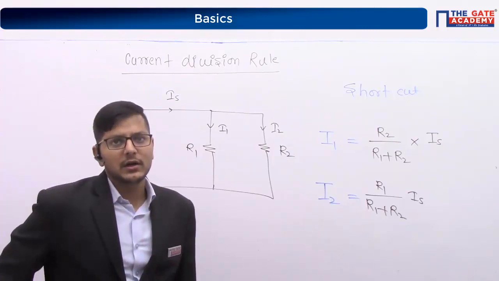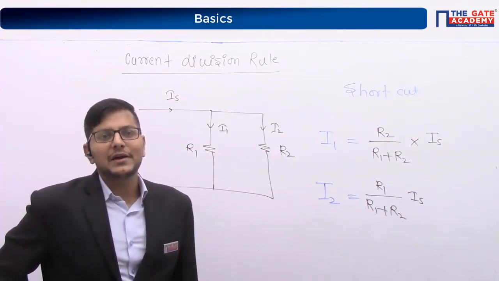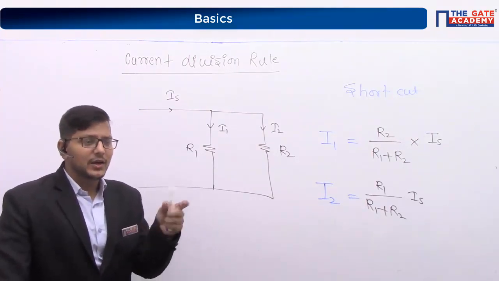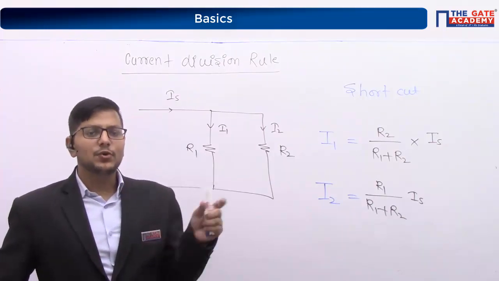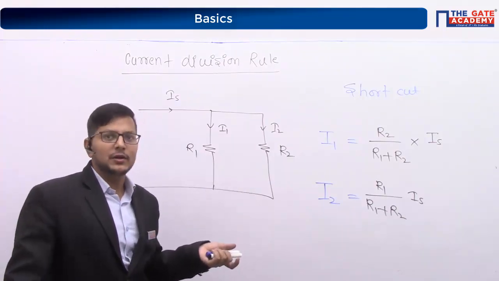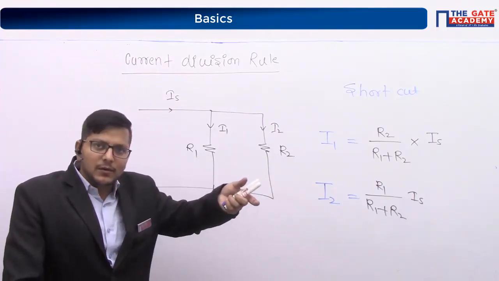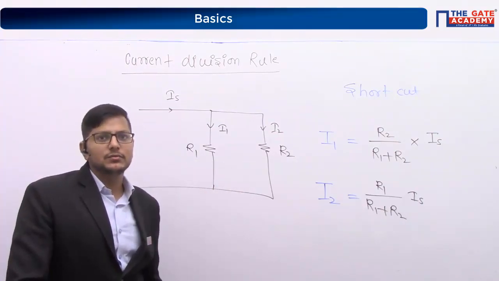Node voltage is always with respect to ground. Actually, the node voltage is always with respect to ground. Your point is correct. If there is any voltage source, you can take any one reference, no issue. If you take the reference node as ground, then the node voltage will be with respect to ground. If you take the voltage below the element, then it will be the reference for that circuit, no issue.